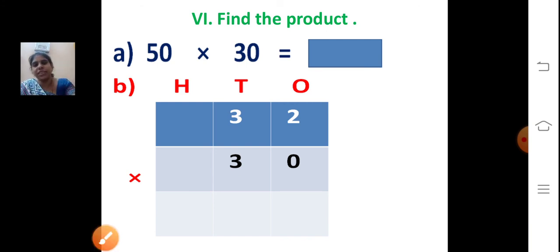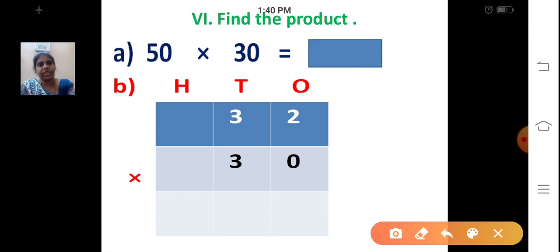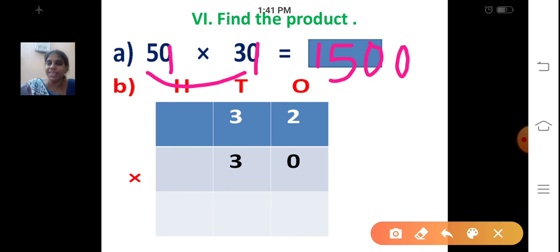Yes. So first we'll see one sum. Just see 50 into 30. How to do this? Just cancel. I'll cancel out the zeros. How many zeros have cancelled? 2. Right. That we will write at the last. Now remaining numbers we will multiply. 5 3s are 15. Now tell me how many zeros have cancelled? 2 zeros, isn't it? Write these 2 zeros to the right of this answer. So when you multiply 50 into 30, what is the answer? 1500. When you multiply 50 into 30, answer is 1500.